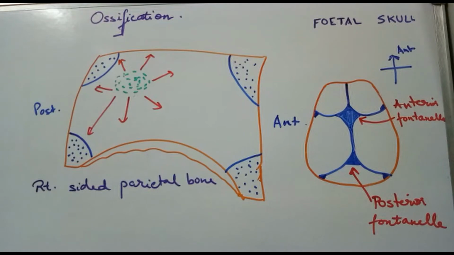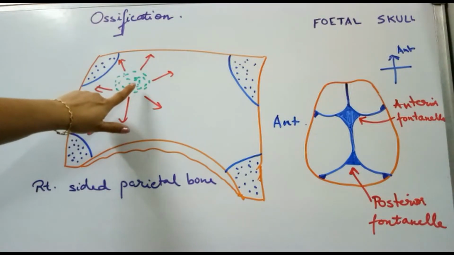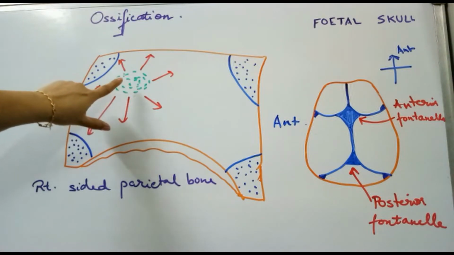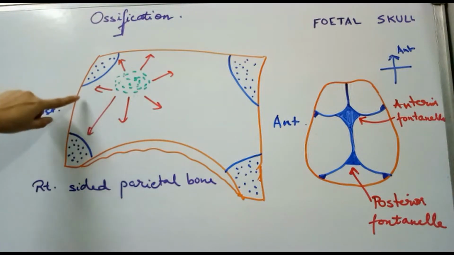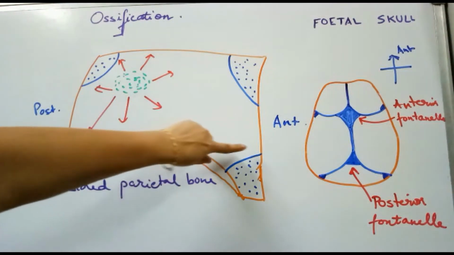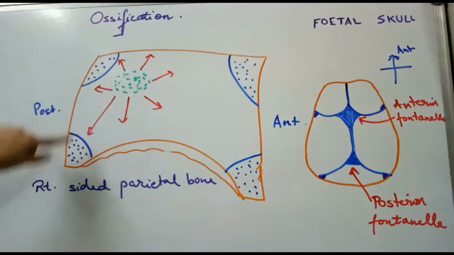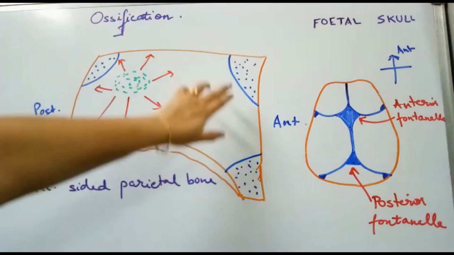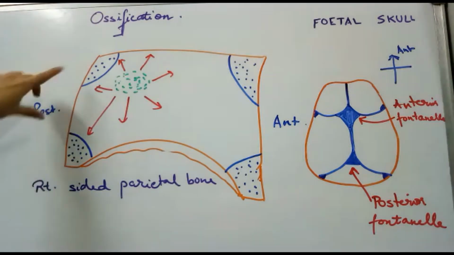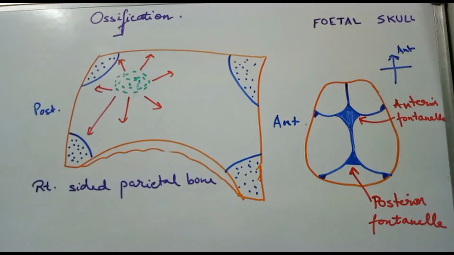The ossification of the parietal bone is very important. The ossification starts in the region of the parietal tuber or eminence at the 7th week of intrauterine life. Two primary centers of ossification appear from here, and it spreads like the spokes of a wheel centrifugally, so that the margins of the bone get ossified earlier compared to the four angles. So this bone gets ossified except for the four angles which remain as unossified membranous gaps. These unossified membranous gaps are known as the fontanelles in the fetal skull.